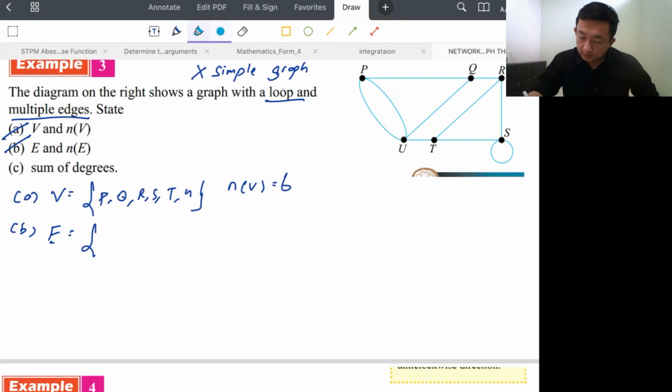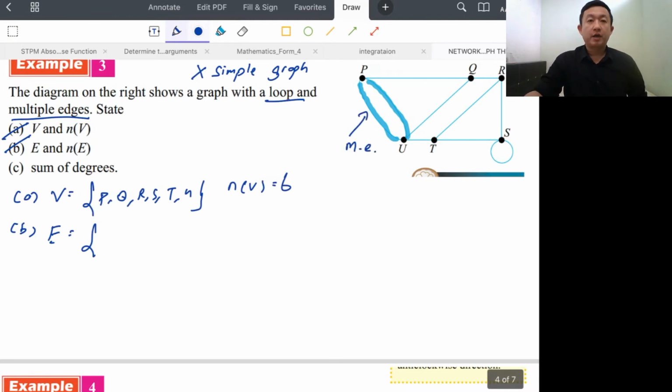Okay, observe PU. You have 2 lines connecting PU, am I right? So you have more than 1 edge connecting P and U. You call this situation multiple edges. More than 1 edge connecting each pair is multiple edges, because you have 2 lines connecting PU. So how do you write? P to U, there are two. You can go for P comma U, PU, and write it 2 times because there are 2 edges. UP or PU, up to you. And then PQ,